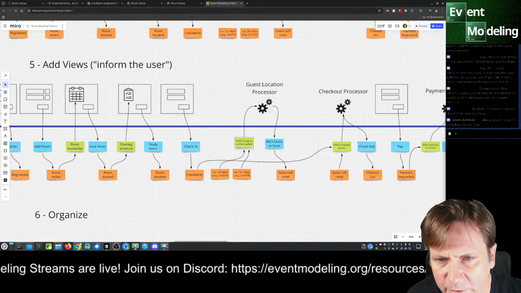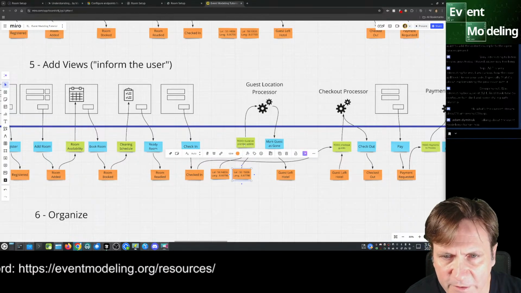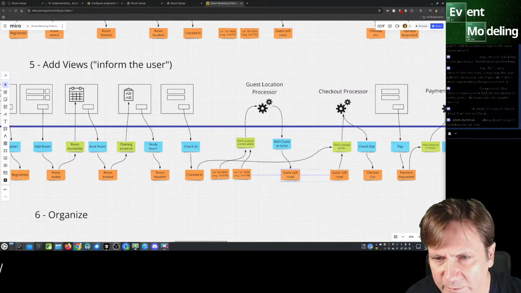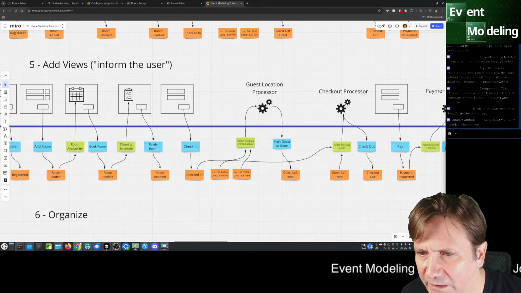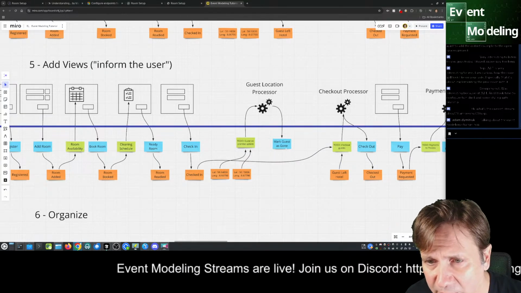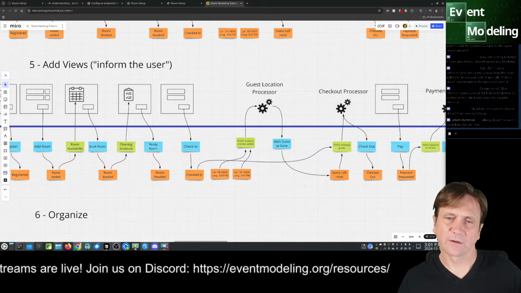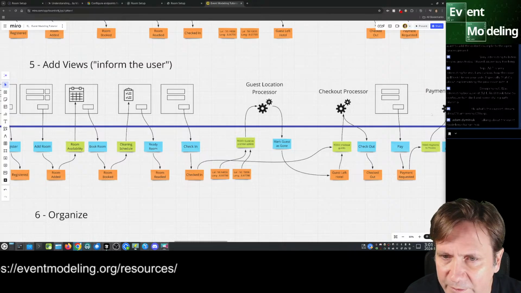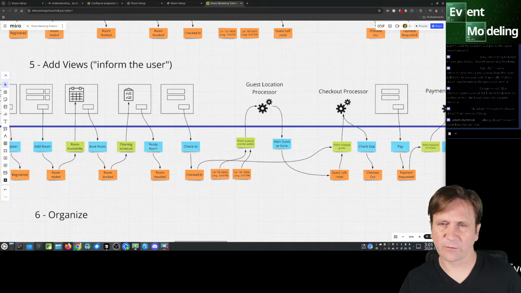This goes forward. Only timeline is this is before this. This comes here. This comes after, and this comes after that. Guest left hotel, and that is actually this one here, so we don't really need this one. We can attach it to this one. That is our automation. Check out guests. Mark guest is gone. Okay, good. So now we have a proper processor.